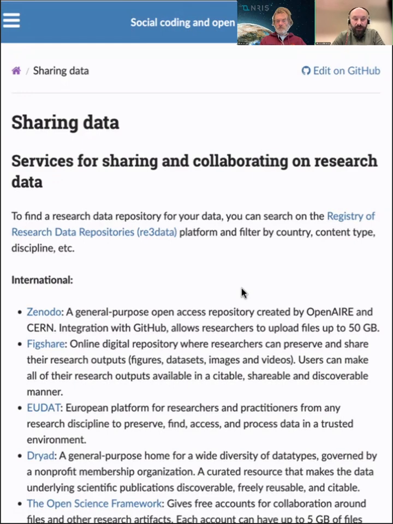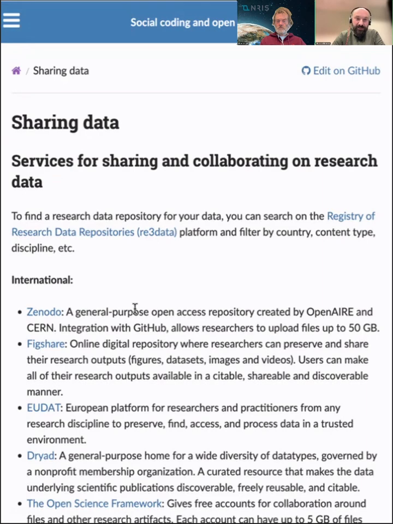In this last 20 minutes together, we want just to mention also that sharing data is closely related to software, but the tools that we might use for sharing data are a little bit different. Of course, you might have seen that in some Python libraries or even in your own code, if the data is very small, there's nothing wrong with attaching a little CSV into the same GitHub repository. But from a metadata, findability, FAIR principle point of view, depositing the data in a data-specific repository makes it easier for others to find it.